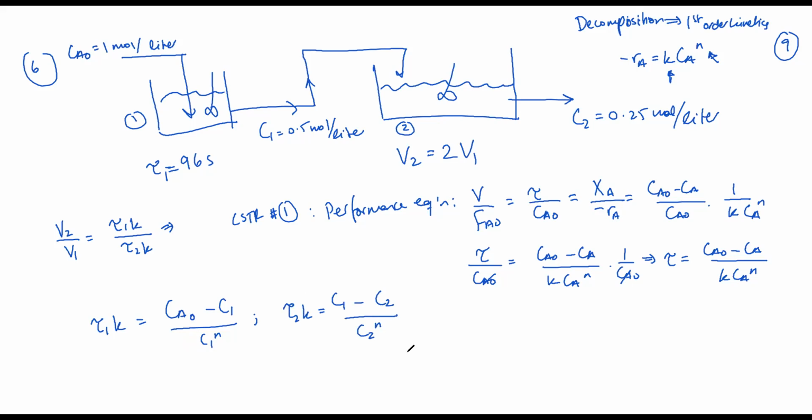So if I divide them, if you recall that tau 1K over tau 2K is equal to V2 over V1, and this is given to be 2. So this will be equal to 2. And if I plug in some of these numbers here, what do I have? I'm given CA naught is 1, I'm given C1 is 0.5, and I know 0.5 to the N. And here C1 is 0.5, C2 is 0.25 over 0.25 to the N. Okay, let's substitute these here. So in this case, I get